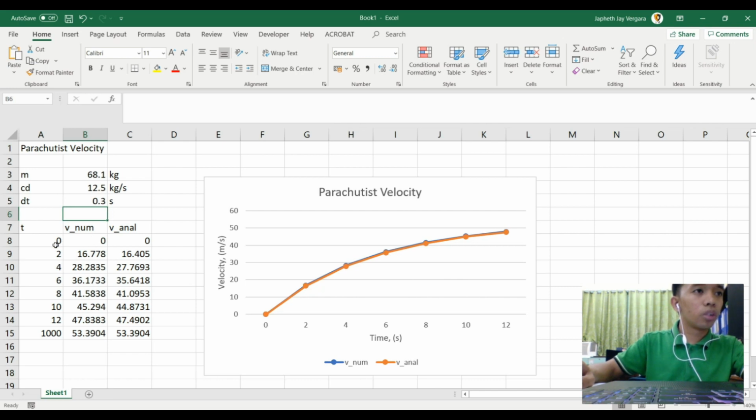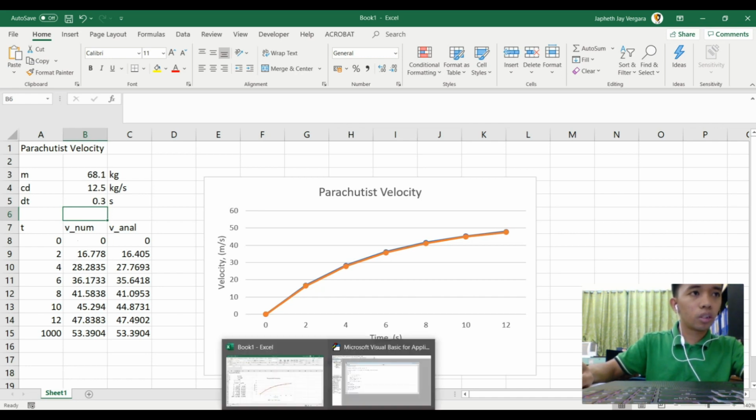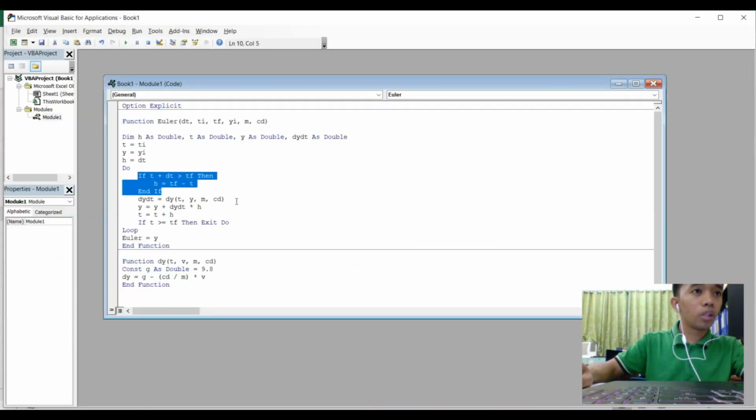For this one, 2 minus 0 divided by 0.3 is 6 point something, 6.67. So at the 6th iteration,